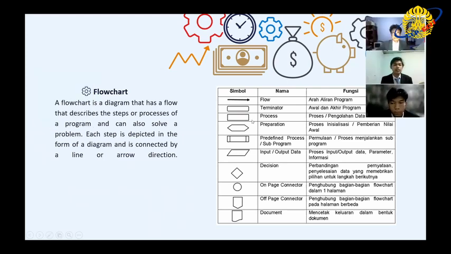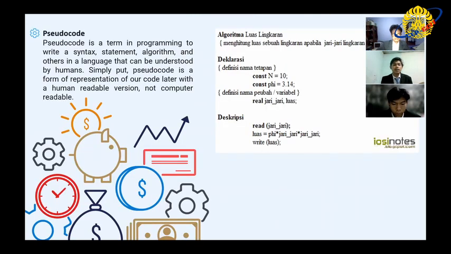Flowchart. A flowchart is a diagram that has a flow that describes the steps or process of a program and can also solve a problem. Each step is depicted in the form of a diagram and is connected by a line or a route direction. Next,